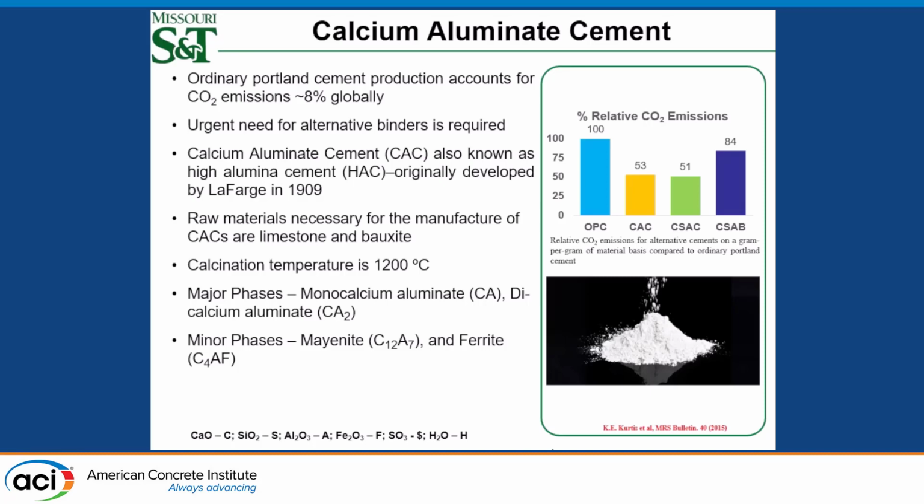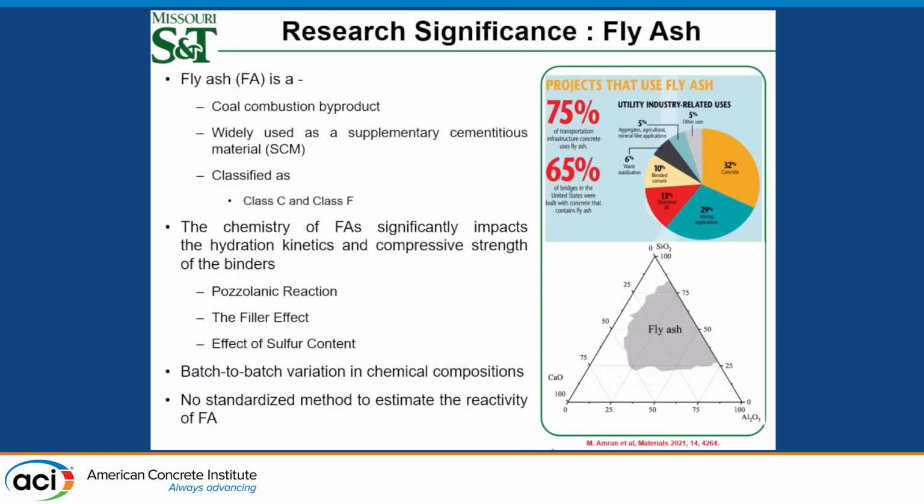Now, we know that calcium aluminate cements are sustainable, but how can we make them more sustainable? By introducing SCMs, we can make them more sustainable. In our research, there are a lot of SCMs like limestone, metakaolin, fly ash, and slag, but we considered fly ash because fly ash is one of the most utilized materials in the infrastructure industry, and fly ash is a coal combustion byproduct,